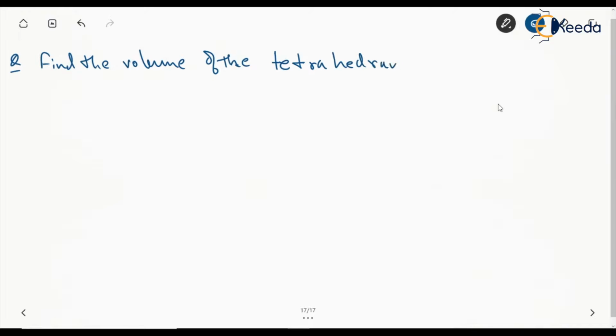So it says, find the volume of the tetrahedron. So it is given as